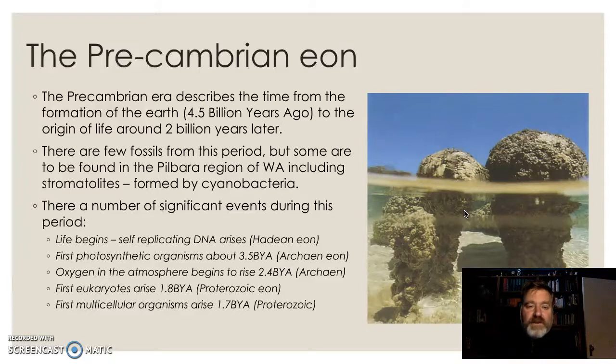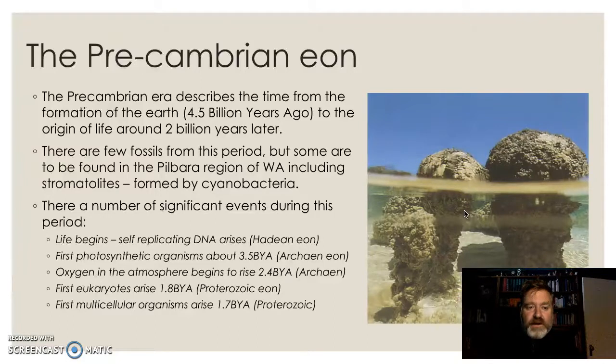First of all, you get some photosynthetic organisms. So we're talking about single-celled and small multi-cell things that are finally photosynthesizing about 3.5 billion years ago, which starts to change the planet. And that's a really important event, because we start to have a rise in the amount of oxygen against carbon dioxide in the planet. And about 2.4 billion years ago, oxygen's rising enough to start other life forms to appear.